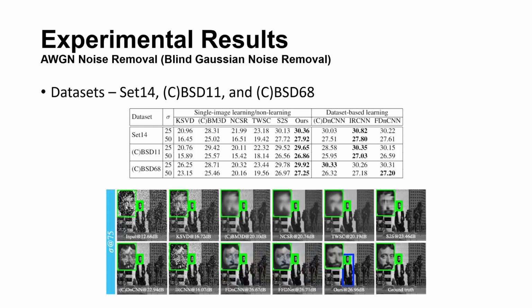The experimental result shows that, first, our method significantly outperforms the KSVD. Secondly, our method is better than existing single image-based denoisers such as the Self2Self network on all noise levels. And finally, our proposed method still outperforms the leading non-learning method CBM3D. And here the figure shows one particular example with the noise level set at 75. It still shows our method predicted the best result.